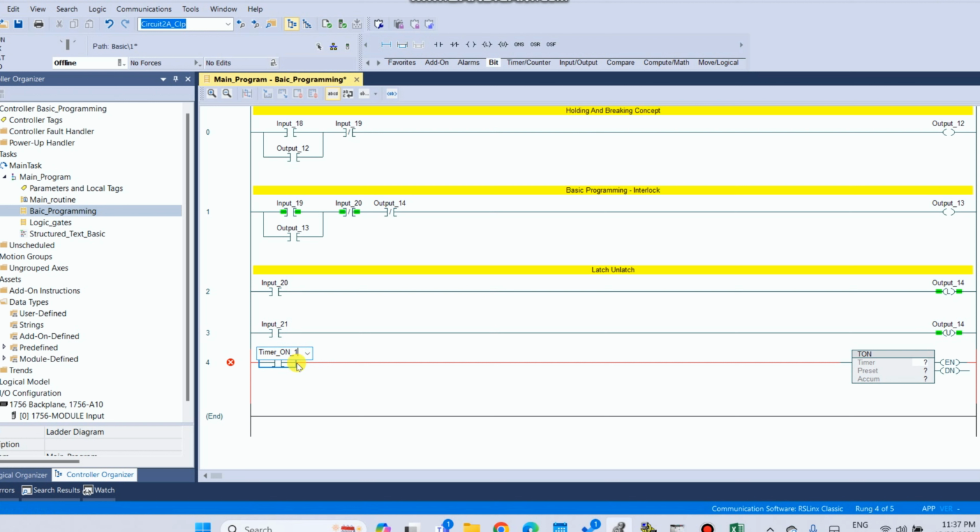Timer on 1, Ctrl+W, and here write a timer name, any name of your timer, just like timer underscore on.